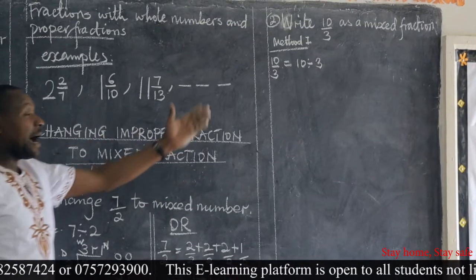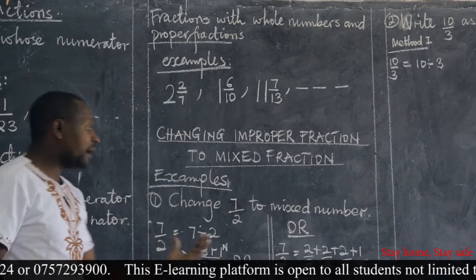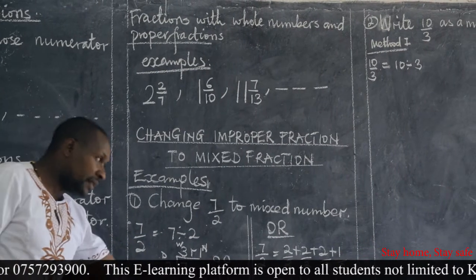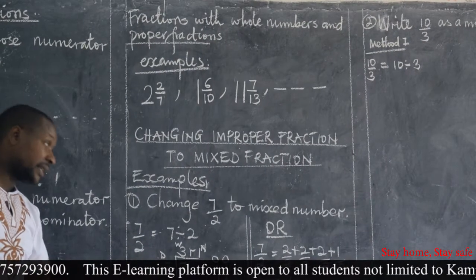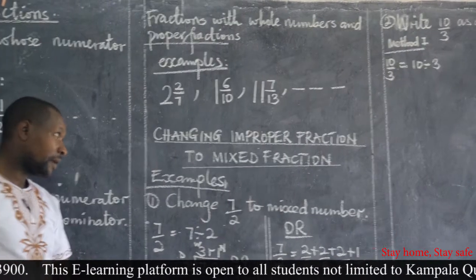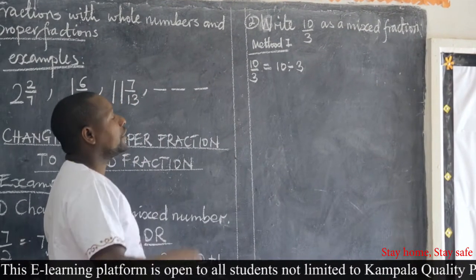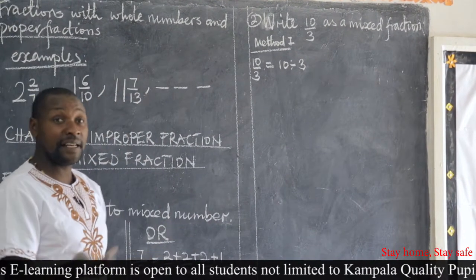As we take our second example, remember we are going to follow the same methods. But when it comes to your turn, make sure you choose one. Don't take all. It is not allowed. As I take the first method, as I've said, 10 thirds is the same as to say 10 divided by